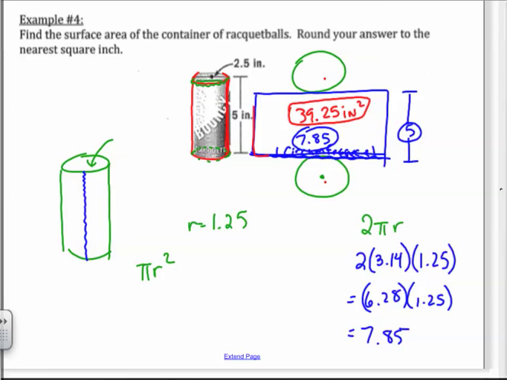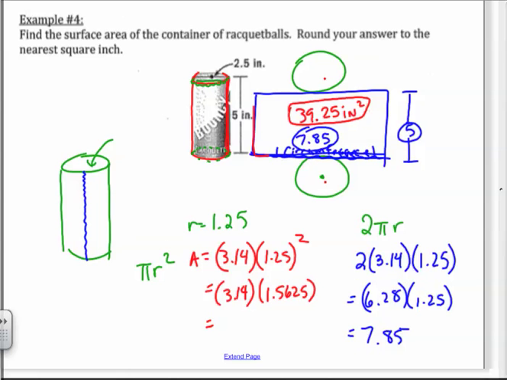Okay? So the area of that circle is going to be 3.14, pi, times 1.25 squared. Now guys, you're going to remember, I always do exponents first. So I need to square 1.25, and that's going to give me 1.5625, times 3.14, and that's going to give us 4.90625. All right? Now,